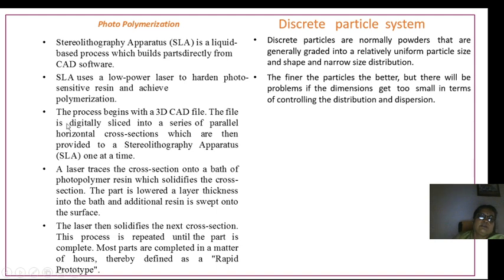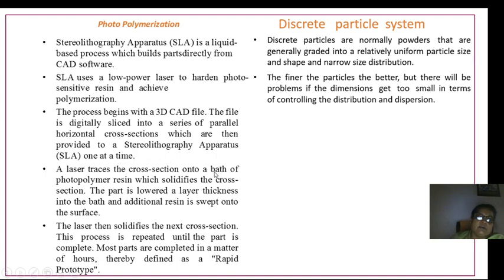Here the SLA, stereolithographic apparatus, uses a low power laser to harden photosensitive resins and achieve polymerization. This begins with a 3D CAD file. The file is digitally sliced into a series of parallel horizontal cross sections, which are then provided to the